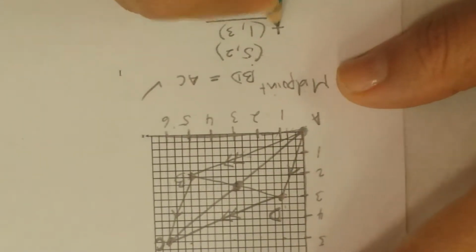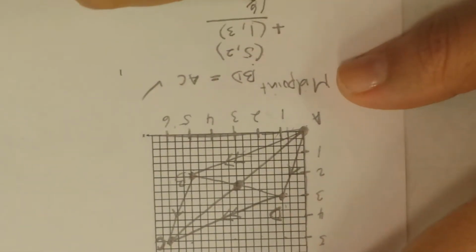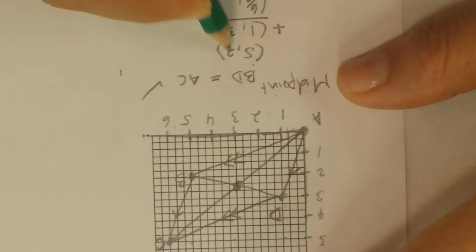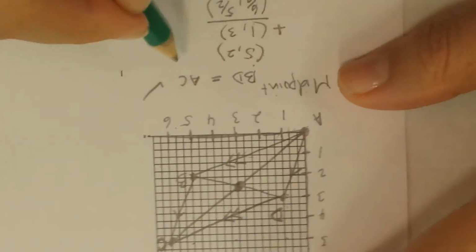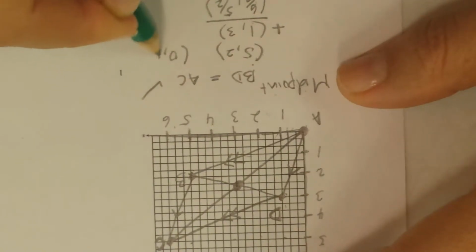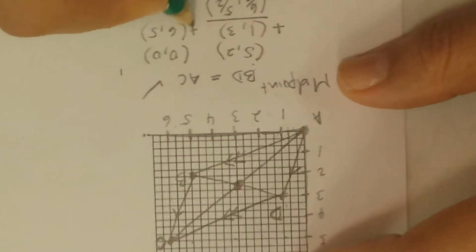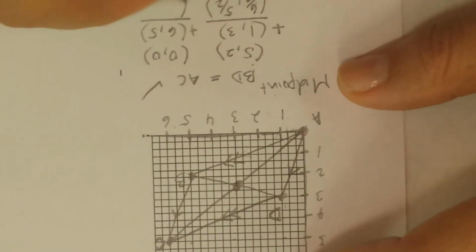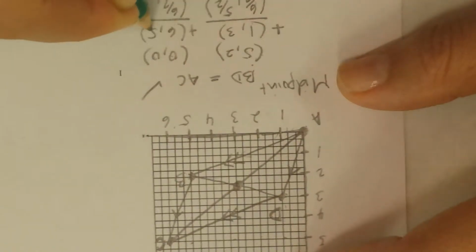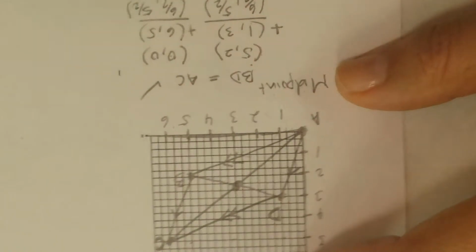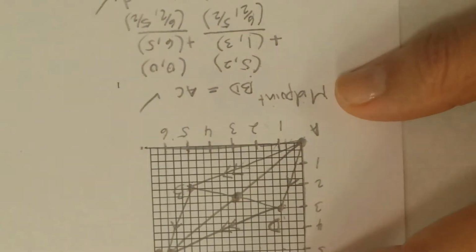Midpoint, what do we do? Add them together and divide by 2. So 5 plus 1 is 6, divided by 2 is 3. 2 plus 3 is 5, divided by 2 is 2.5, right? Point A is (0, 0). Point C is (6, 5). Midpoint, what do we do? Add them together and divide by 2. 0 plus 6 is 6, divided by 2 is 3. 0 plus 5 is 5, divided by 2 is 2.5. Because they are equal, then